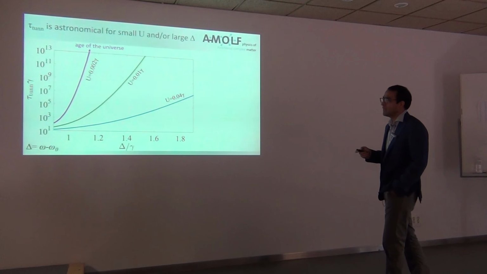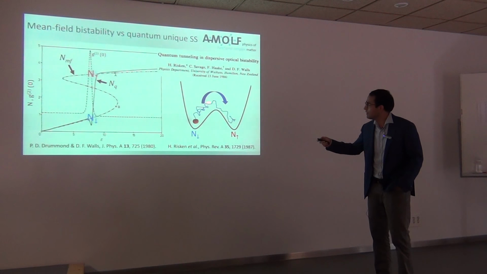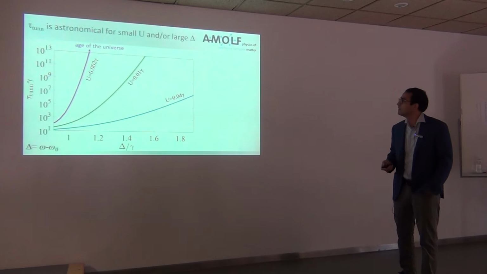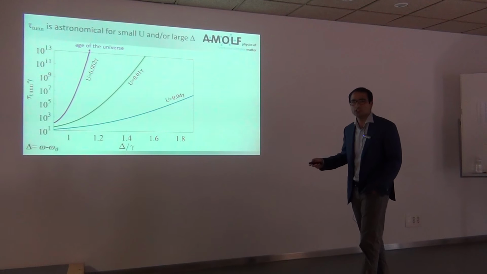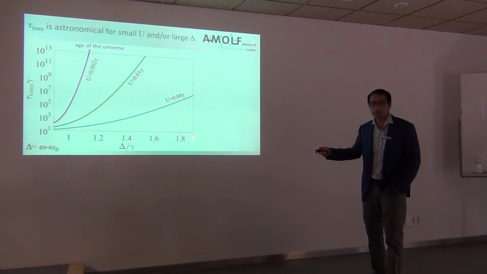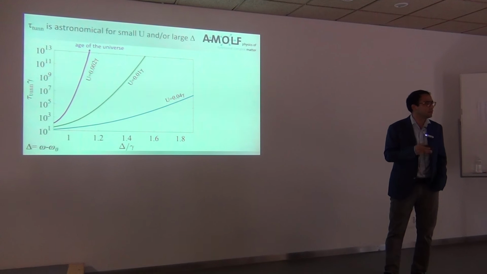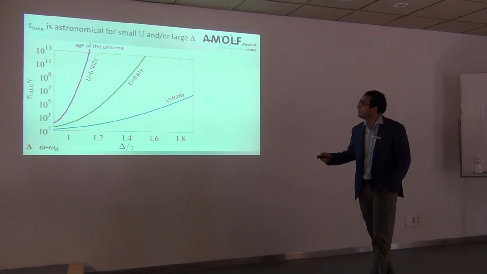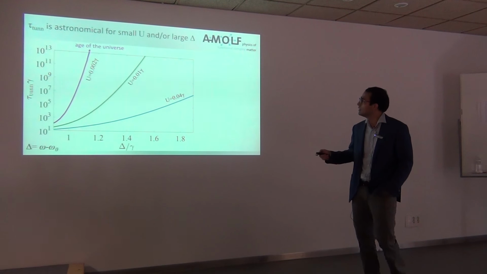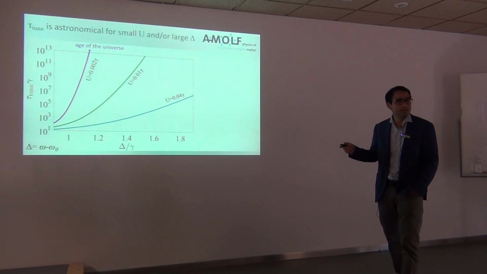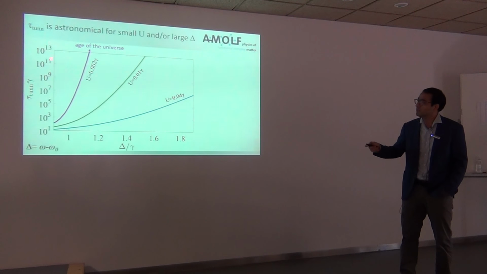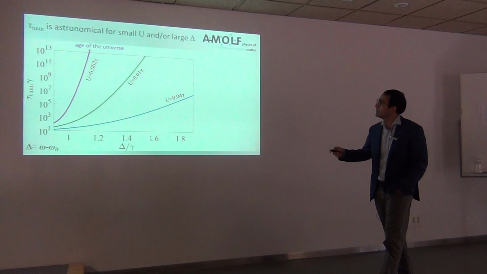Okay, so let's look at the time scale. I was telling you about a finite probability for switching, so let's look at what is the time scale for this switching. Here I show you a calculation of the tunneling time for bistability as a function of the detuning between the drive frequency and the resonance frequency of the cavity. I chose 3 values of the nonlinearity that are characteristic of polaritons, all of them in the weakly interacting limit. And notice that this scale is logarithmic.